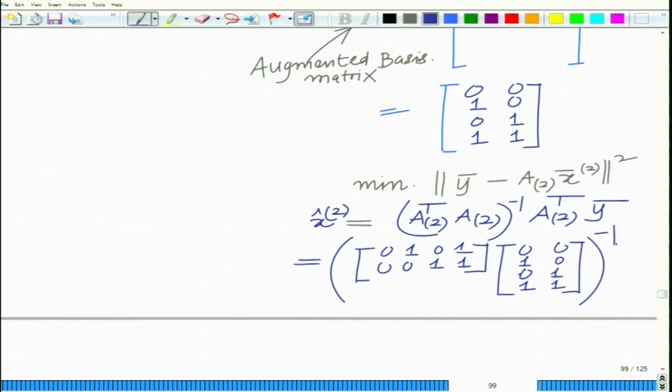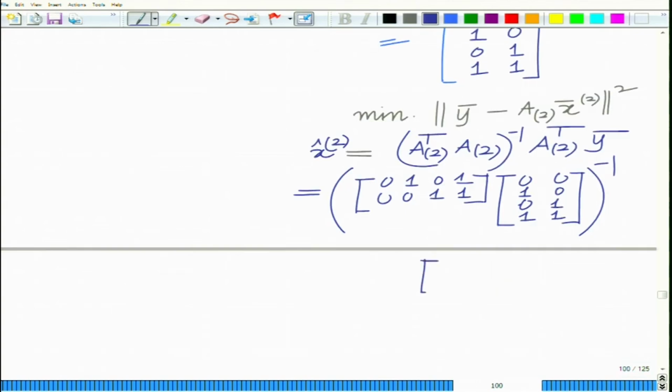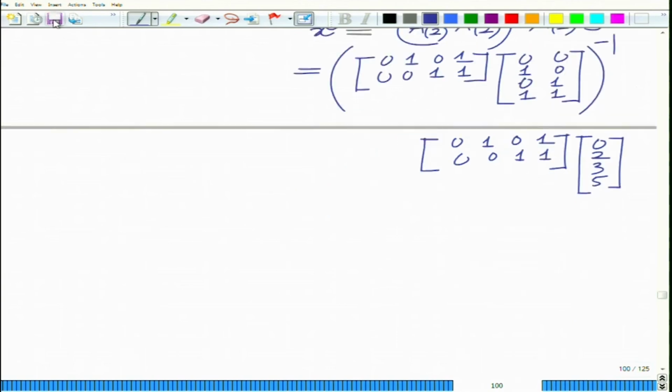A2 transpose A2, inverse, into A2 transpose, once again 0 1 0 1, 0 0 1 1, into y bar, which is 0 2 3 5, which basically equals, this is 2, this is 1 1 2, inverse of this matrix times 0 1 0 1 0 0 1 1 times y bar 0 2 3 5,